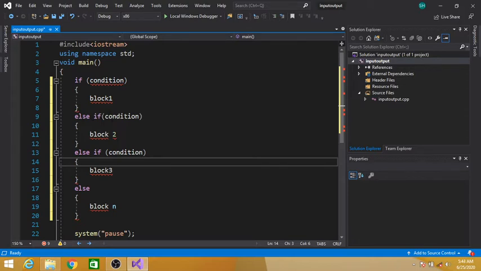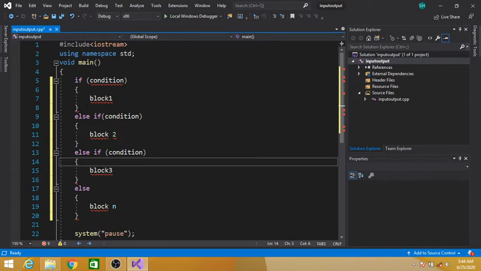If this condition is true, then the set of statements in the body, between these curly braces, block 2, will be executed. And if this condition is also false, then this condition will be checked. Control will simply skip this block and shift here. And if this condition is true, then block 3 will be executed. And if this condition is also false, then the else block will be executed.